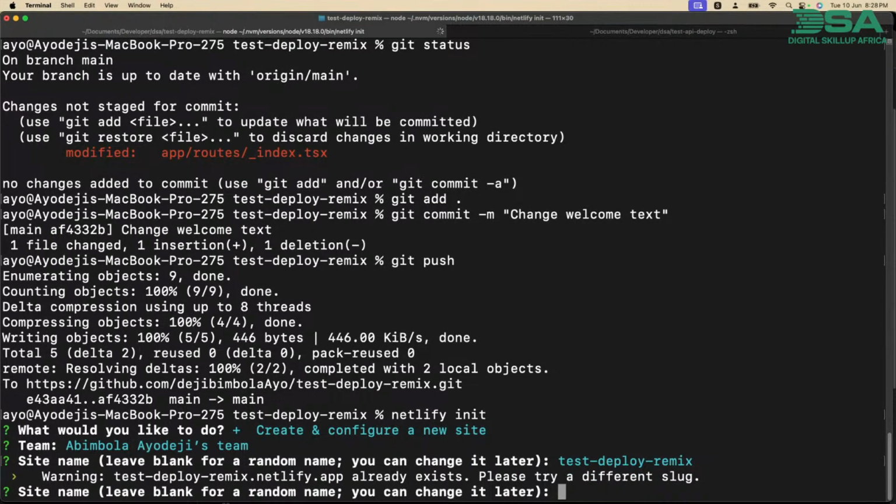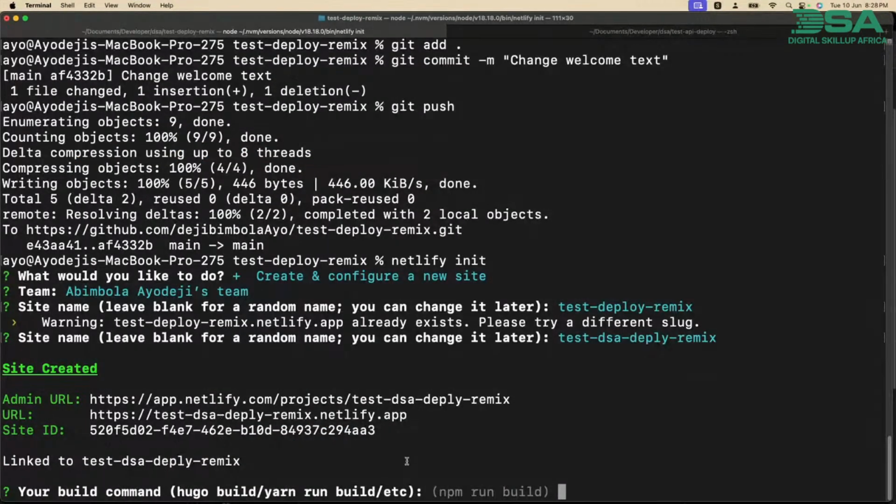Oh, okay, it's saying that it already exists. So test DSA deploy remix. Hopefully this one doesn't exist, and it doesn't. So it's asking us